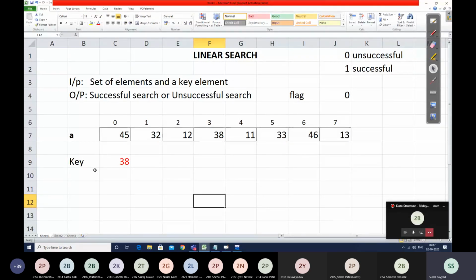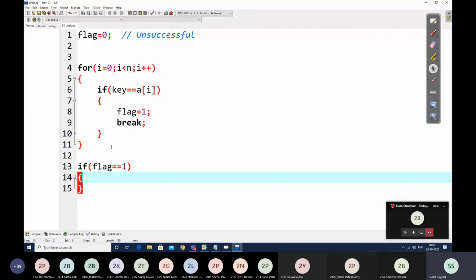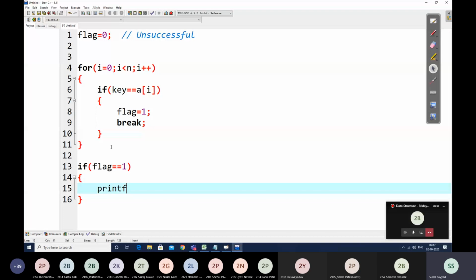So once we come out of this for loop, if flag is found to be equal to 1, then we are going to write a printf statement that the search is successful, element found at percentage d location. Now what is that percentage d? It is I plus 1.